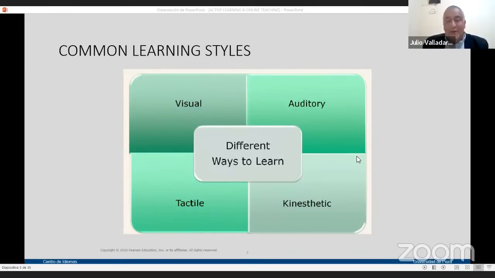Those are, I was going to say, common learning styles, no? The visual, the auditory, the tactile, and the kinesthetic. Now they say that there are more, yes. But those are the most common ones, like the skills, no? Reading, writing, listening, and speaking. And we know there are more skills nowadays, yes? But